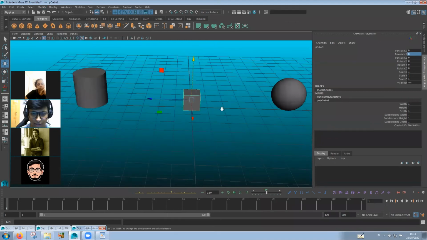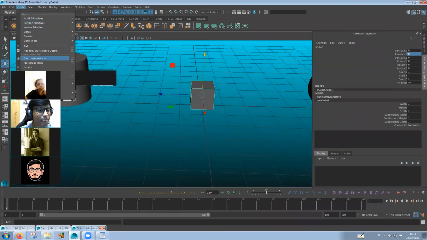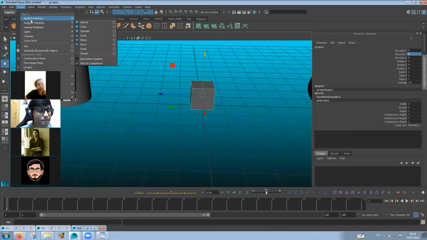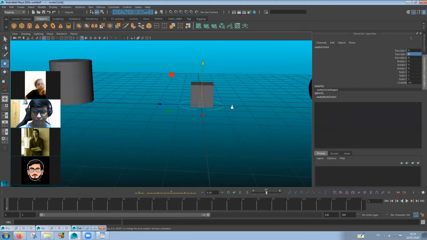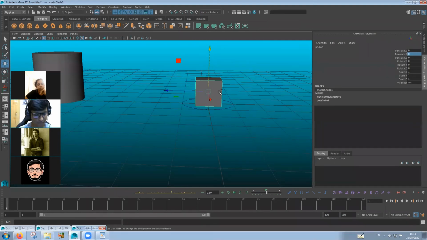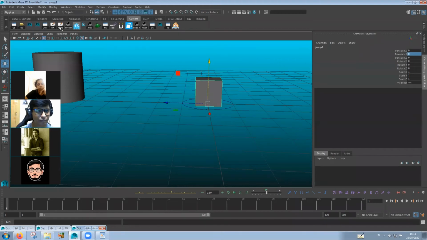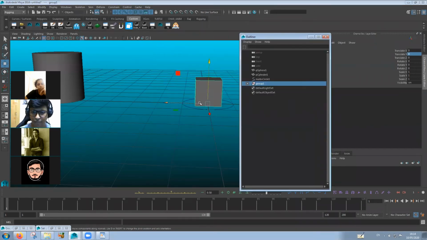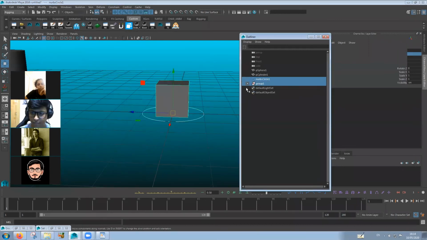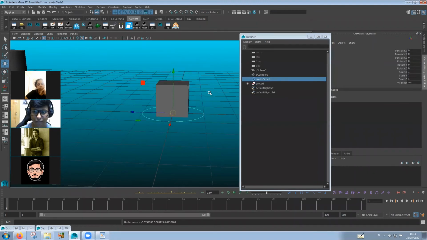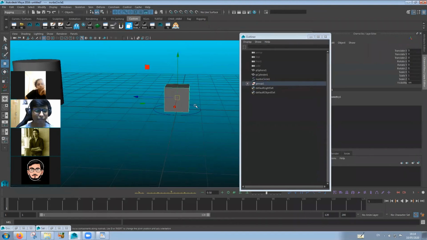I'll create a small rig for you guys to understand. So, this is a prop.